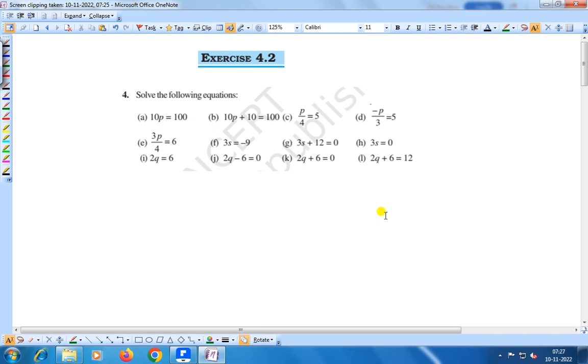Hello everyone. Today we shall discuss exercise 4.2 question number 4. Solve the following equations. Here question number A is